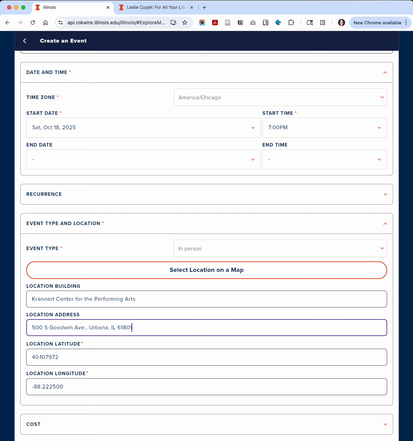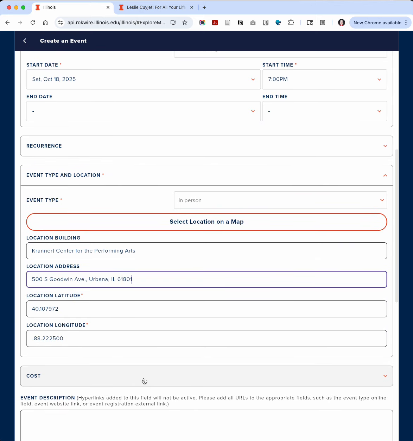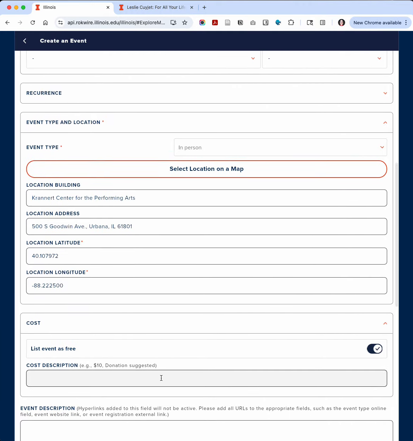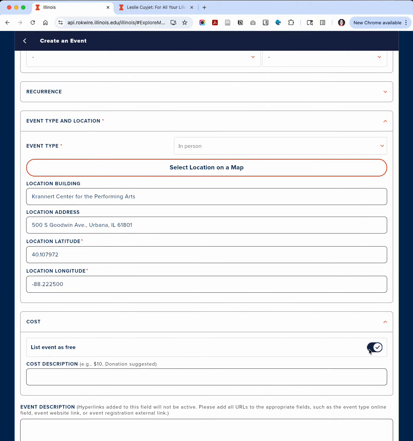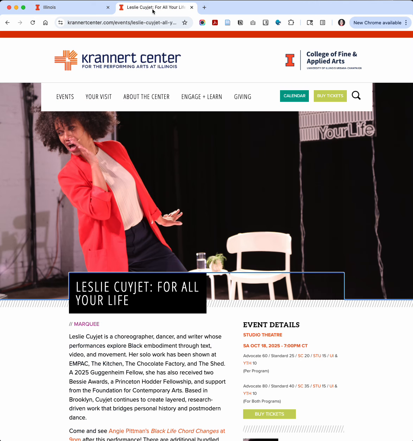And then that is the address. Next up is cost. You have the option to list an event as free. This event is a ticketed event. And here you'll see the ticket cost, there's a few different levels at which you can buy a ticket. So I have an option to copy all of this over, or in this case, I am going to choose to